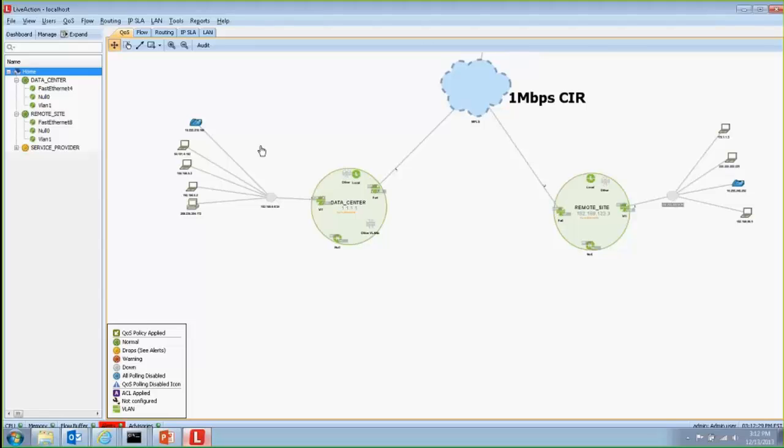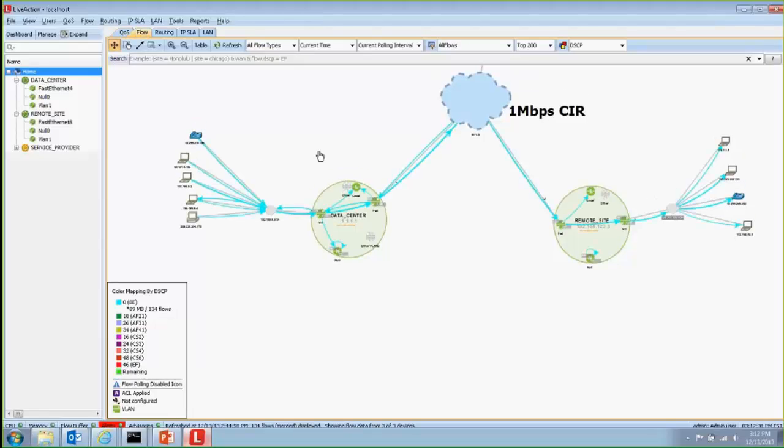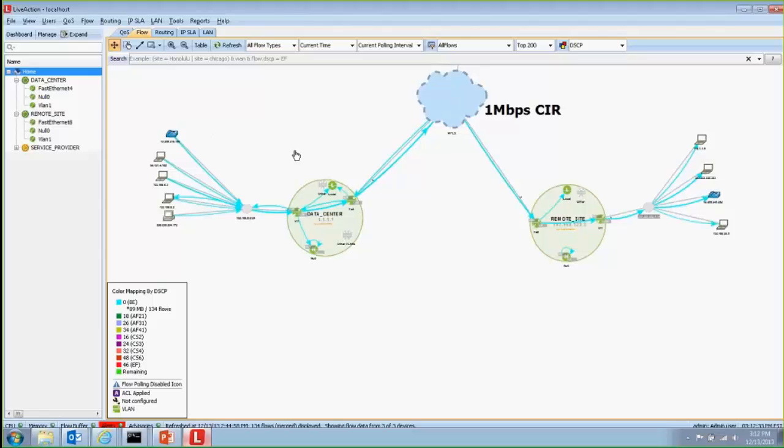So what I'm going to do is click on the Flow tab, and what I now see on my Flow tab are multiple arrows, and these represent different flows of data that we've collected via NetFlow from the devices we are seeing on the screen. Now, what's very unique about LiveAction is we have the ability to not only map out a network, this is a very simple example, obviously, but we can also correlate flow data